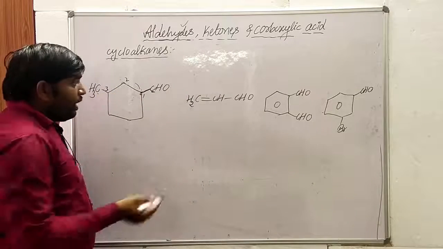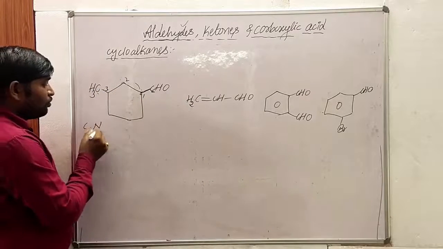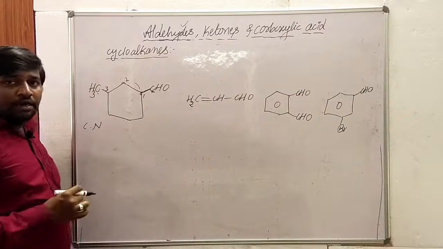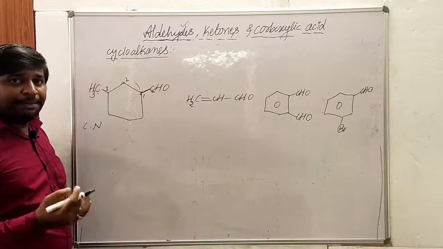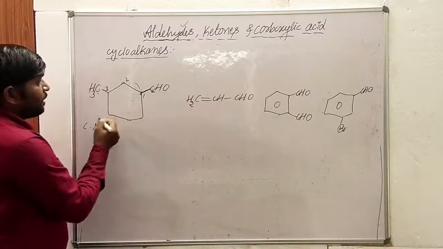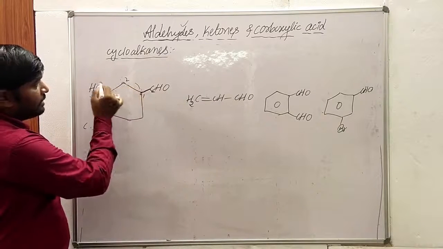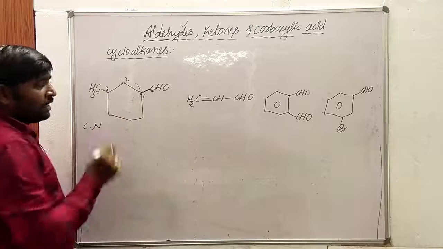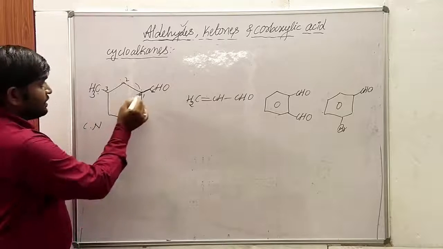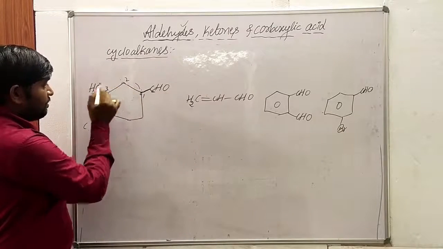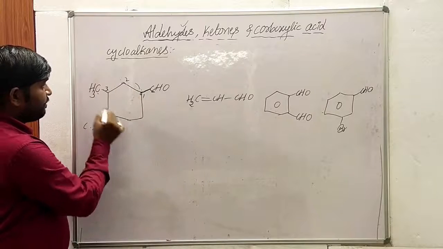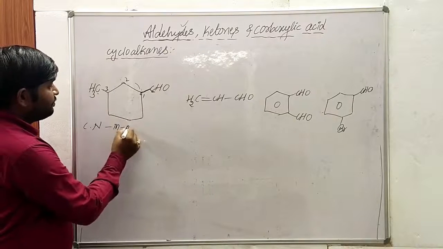While assigning the common names, we have to write ortho, para and meta, or alpha, alpha dash, beta, beta dash we may represent. So here this is the carbonyl carbon atom, the next carbon atom is alpha, this is beta, this is gamma. The substituent is at the gamma position. Or else we may consider this is para, this is ortho, this is meta. So in the common name, this is meta methyl